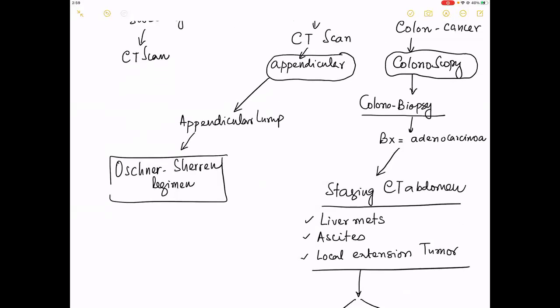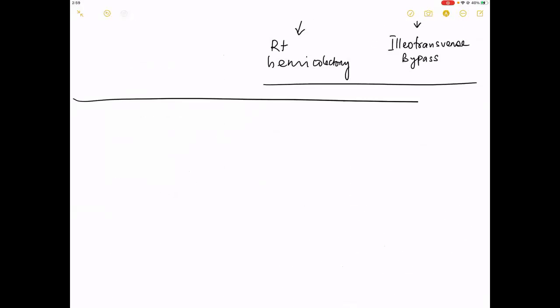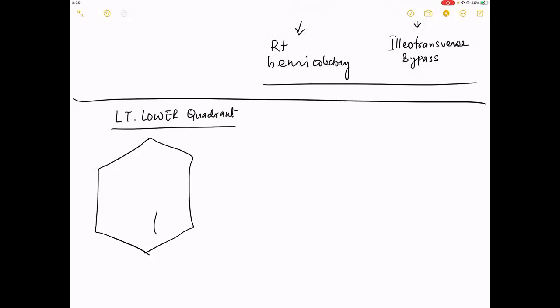Okay, chalo. Have you completed, sir? Yes, sir. Good. The last thing, and we end in 5 minutes, is lump in the left lower quadrant. Now, the left lower quadrant doesn't have too many things to think about. The intraperitoneal causes: what are the intraperitoneal organs that can come? Only one, the sigmoid colon.